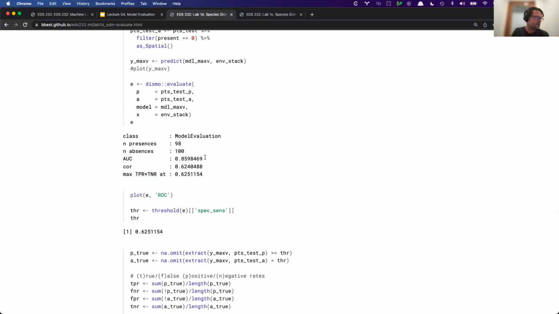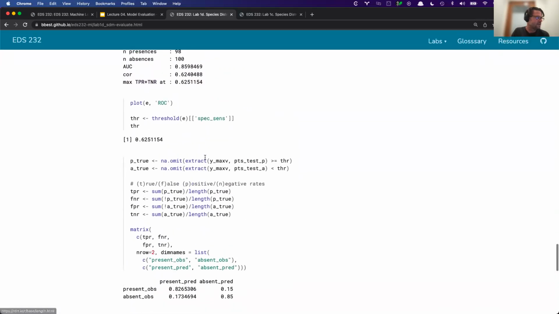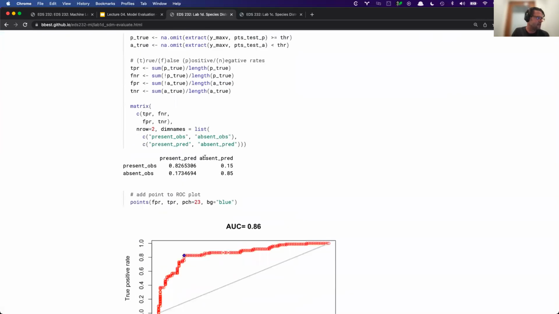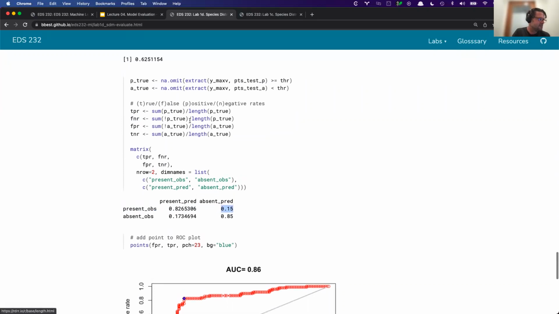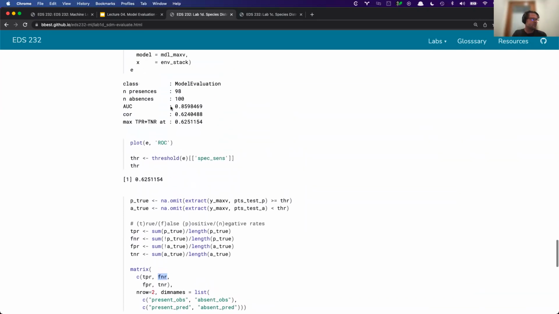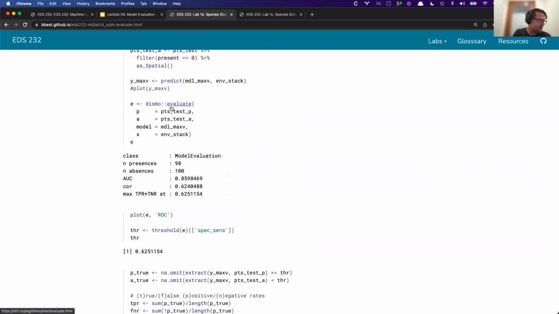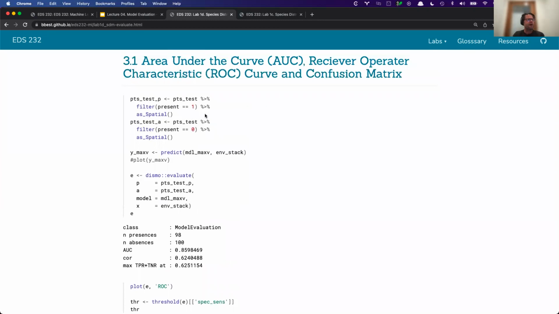Exactly, false absence. So you want to minimize this false negative rate, where we actually have true presence, but we predict absence. And this is the false negative rate. And so when you look at the code,